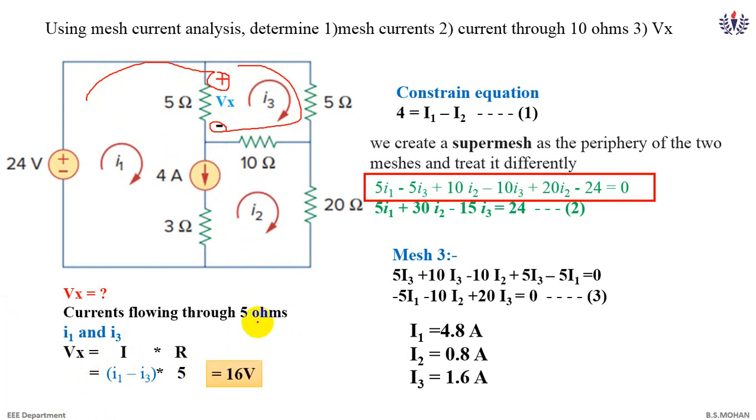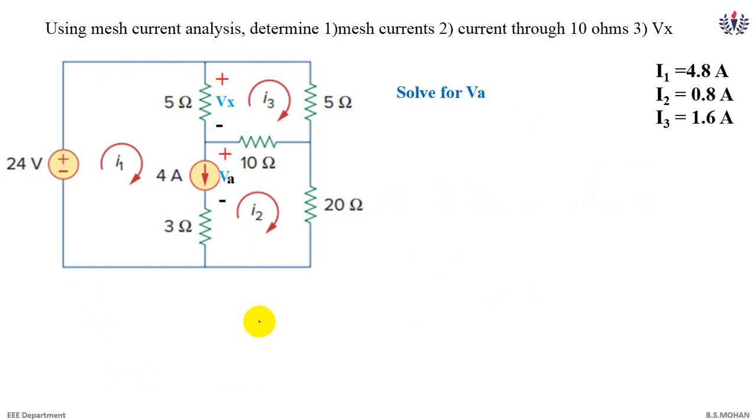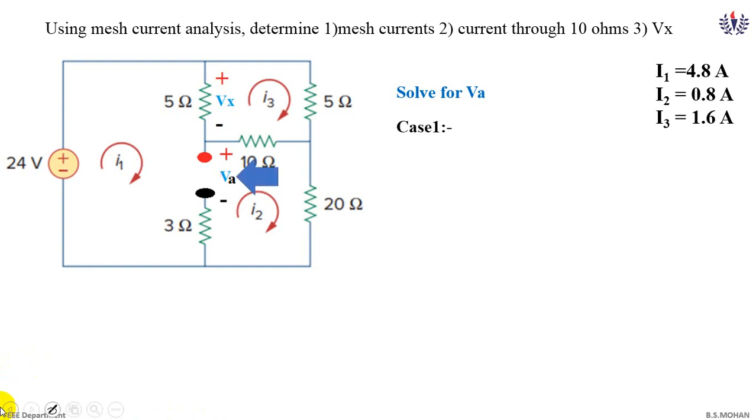volt. Next, how do we solve for Va? Right? So where is Va? It is voltage across current source. So what is the first step? First step is assume that you have removed Va. Assume that you have removed the current source. Now, as there are 2 cases here, let us see case 1 and case 2. In exam, we can take up any one case, but let us holistically understand both. Right? So case 1. So when you see through this side, when you see through this window, between red and black,